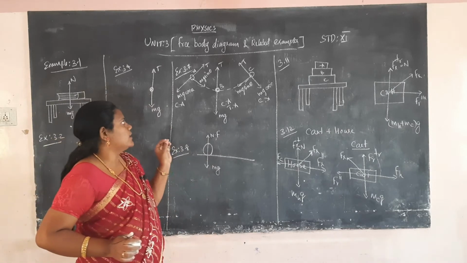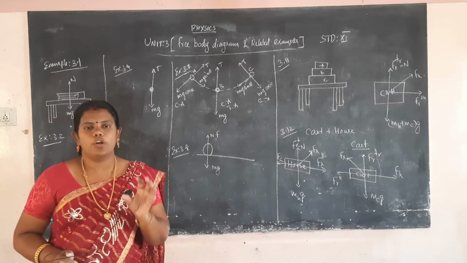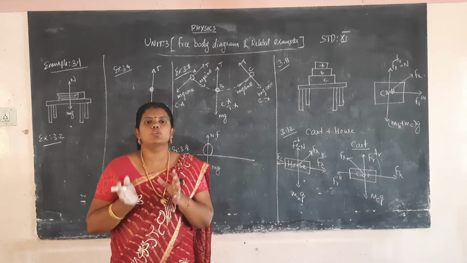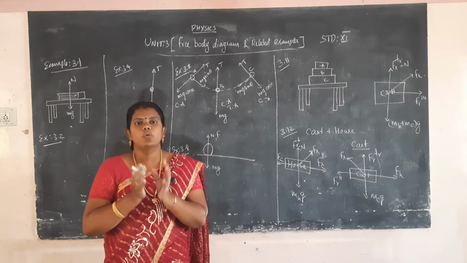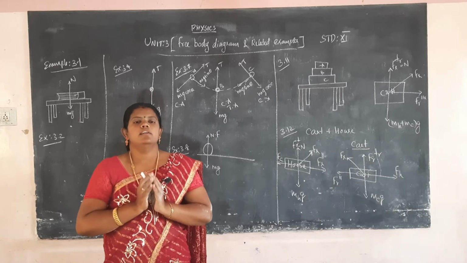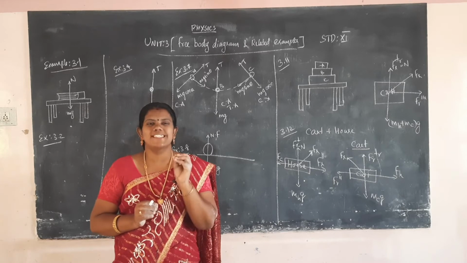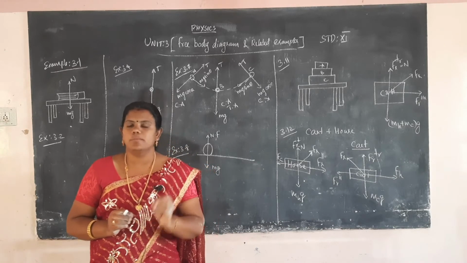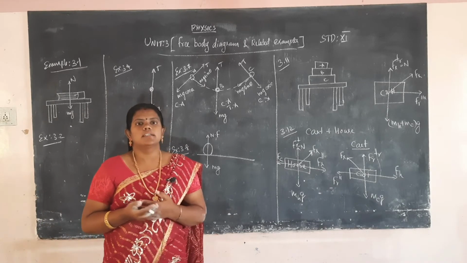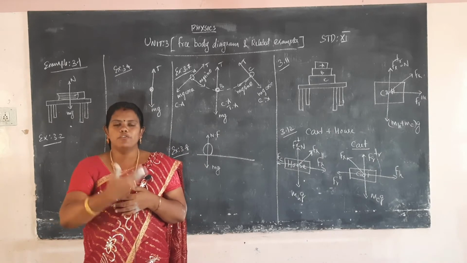In today's session, I will explain the free body diagram. What is the meaning of a free body diagram? A body is moving, or some force is applied to the body. For a freely falling body, we have to consider the forces acting on the system, our body, and draw a diagram called the free body diagram. It tells us what forces are acting on the body. You have to learn this thoroughly so that you can easily understand the next topics.